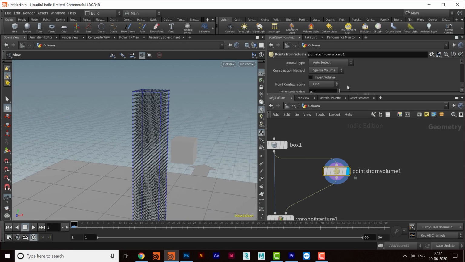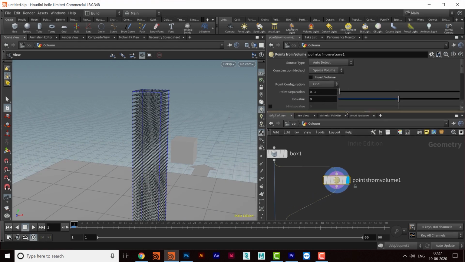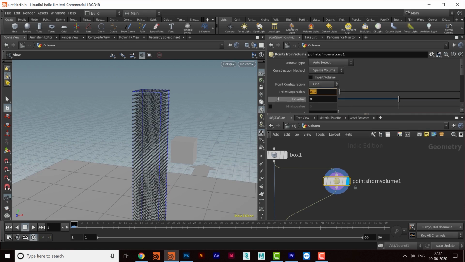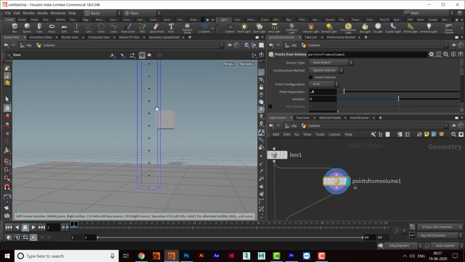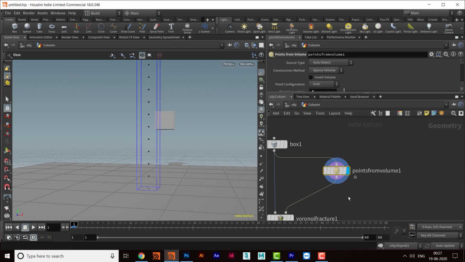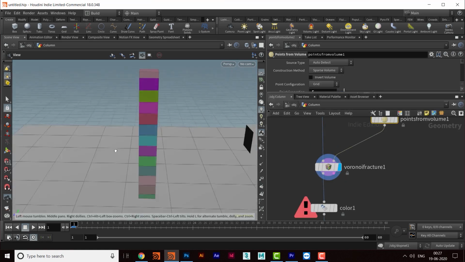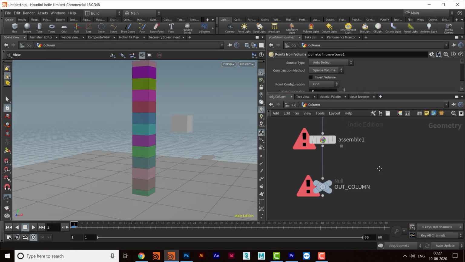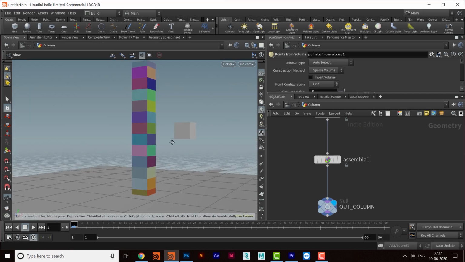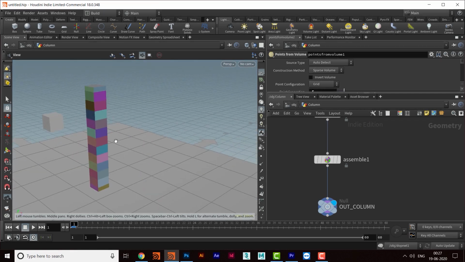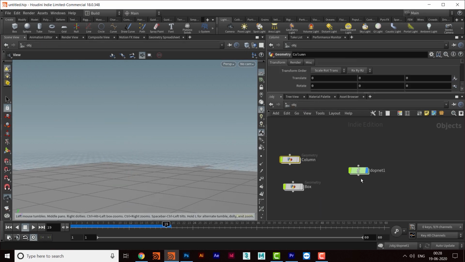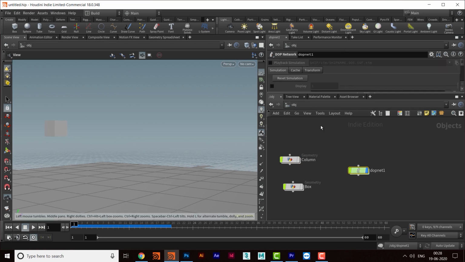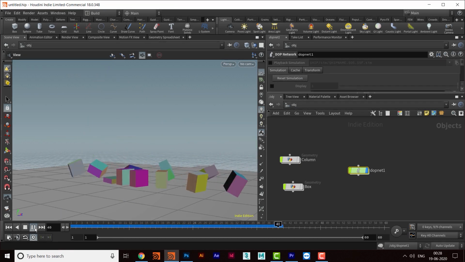Okay, so I can maybe increase or decrease the size of the points. For that I'll be using point separation. So I will keep this point separation to 0.5, and then I will decrease the number of points here, so only just one column of points, and when I see what it has created, it is this. Okay, so I can go here and then we have a beautiful column, and now when I play it, I'll be able to see. Sorry. So I will come to this top network and then go back and then I'll reset and then play. Check it out.